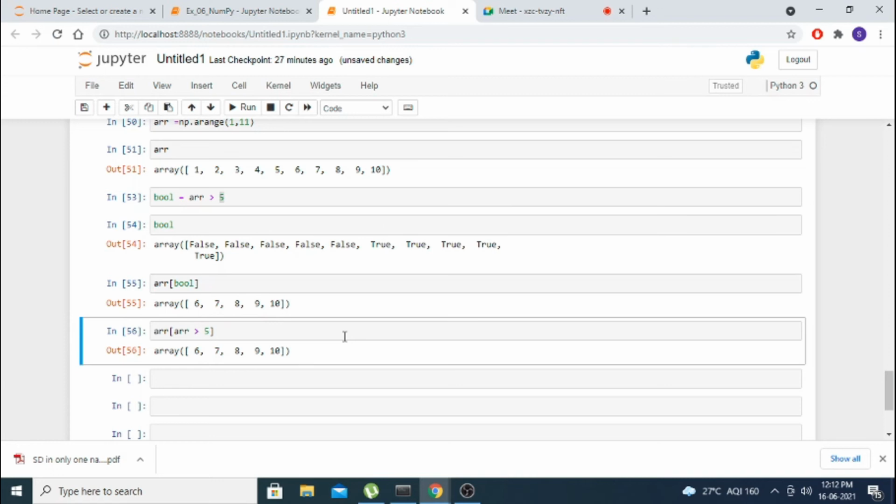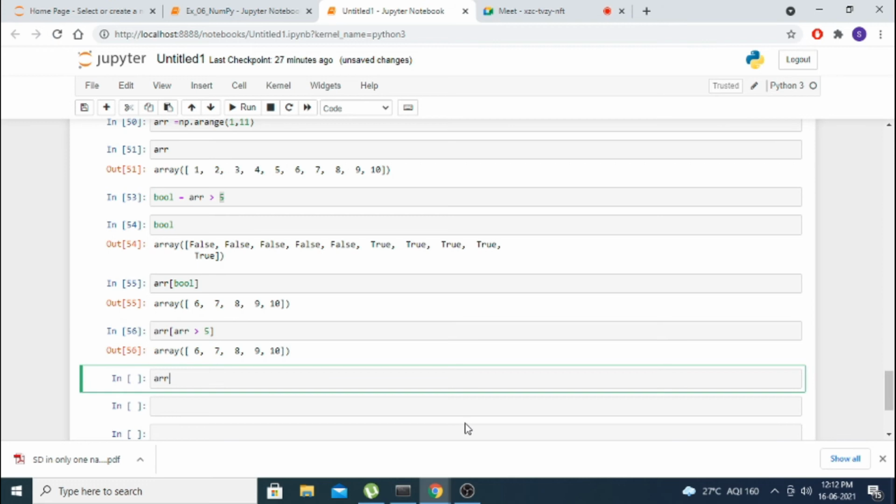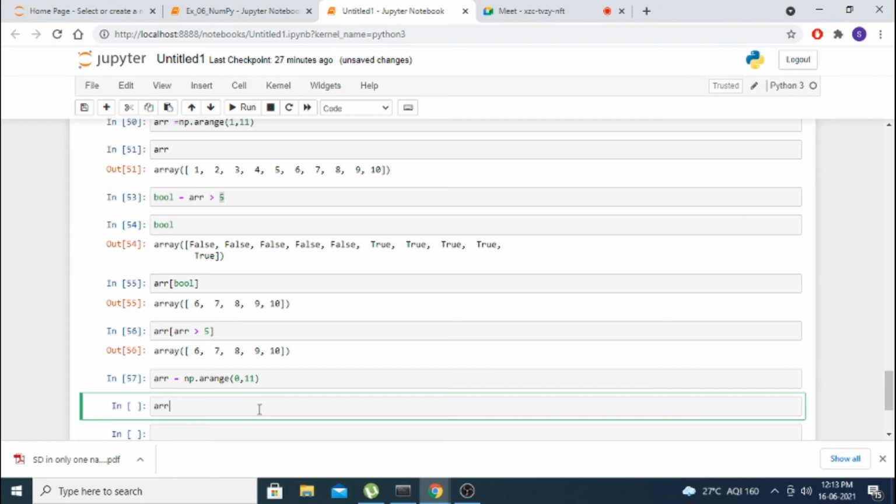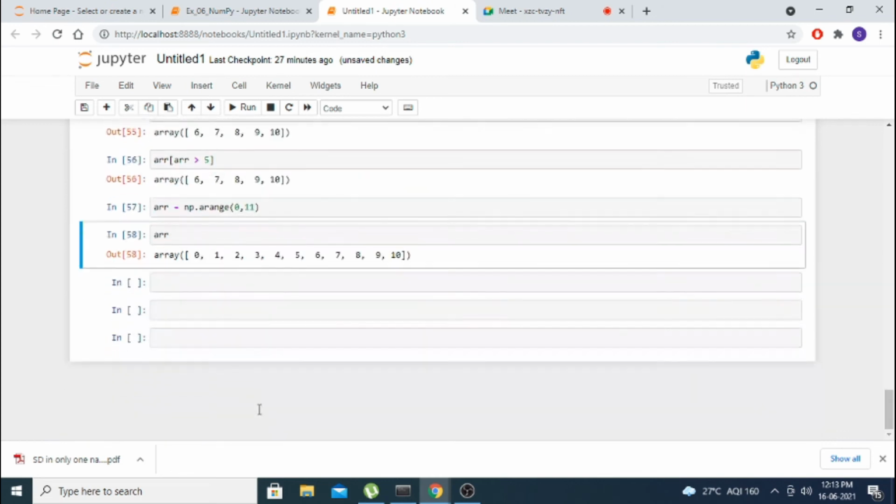Okay, now next we are going to do another array. I am creating one more array. Why do I want to add 0? np dot arange 0, 11. What will come? It will include 0.